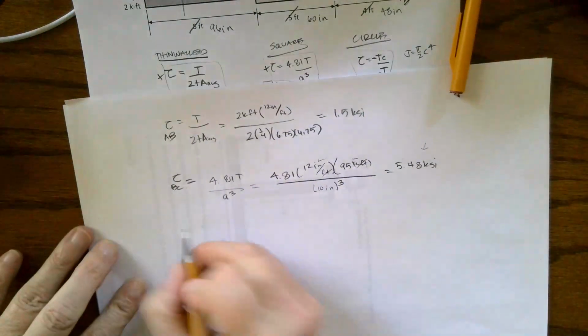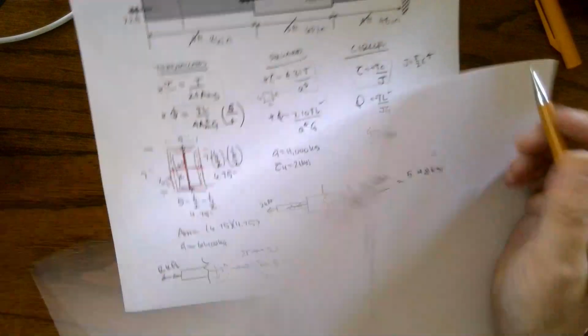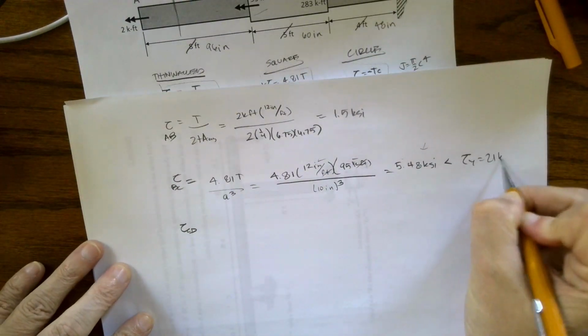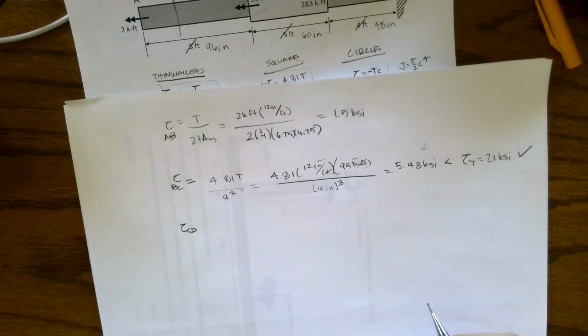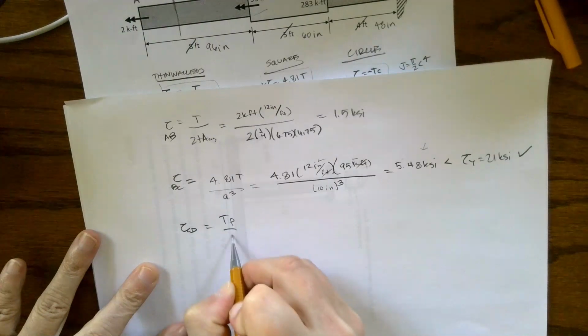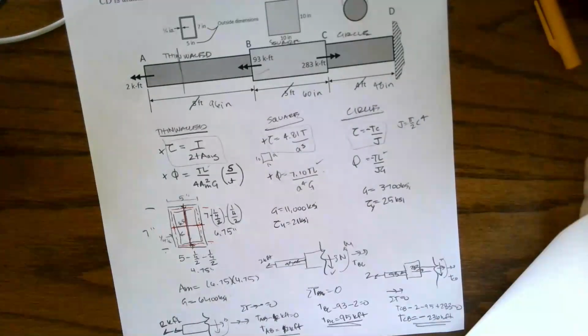And now we need to find torque of CD. Oh, we need to check, is this less than yielding? Yielding was 21. So yes, this is less than yield stress of 21 KSI. Check. We can use those equations, okay? CD, T rho over J. That internal torque was negative, okay? Negative